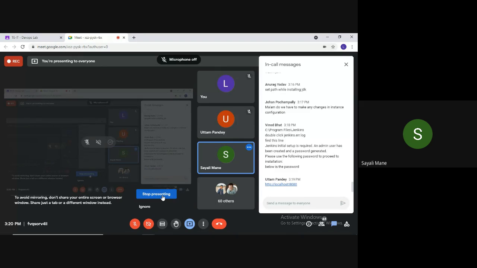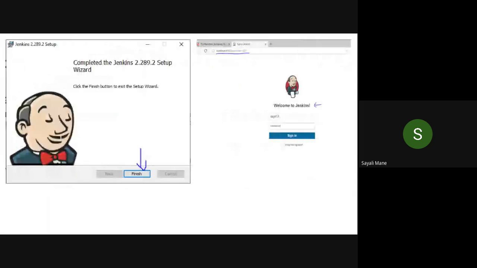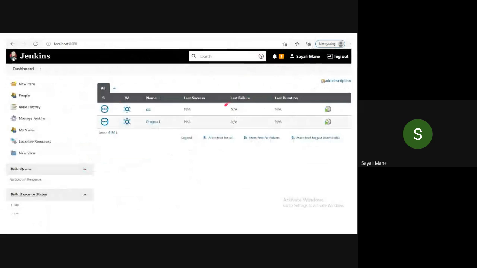So I'll share the screen. Those who are not getting it, please try once again. Make sure you have installed JDK 1.8 and 11. After that, take a screenshot of your account, what it consists, your name. I have already created a project, that's why 2 projects are here; otherwise it should be empty on your screen. Done with this. Those who have finished, yes or no? Yes, ma'am.